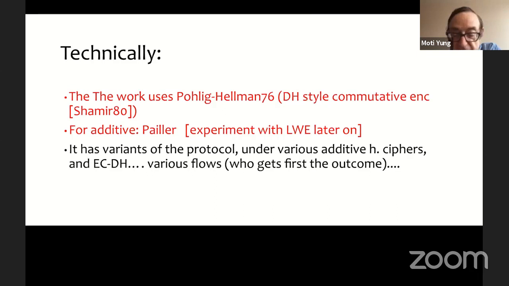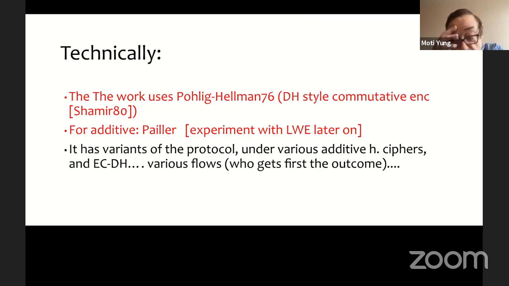Elliptic curve cryptography was not yet around at the time, so it was done over just simple elementary number theoretic problems. For additive encryption, the open source includes Paillier, and we also did experiments with other additive homomorphic schemes. And of course, it has variants, and now it is implemented over elliptic curves.